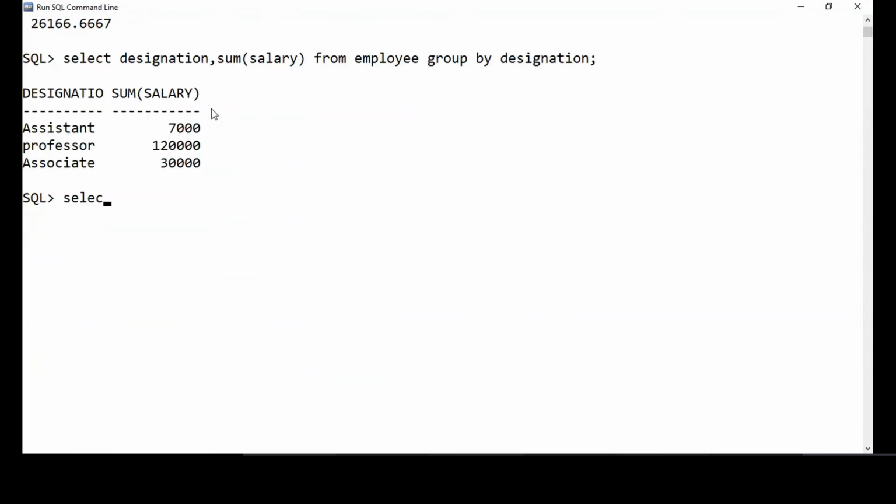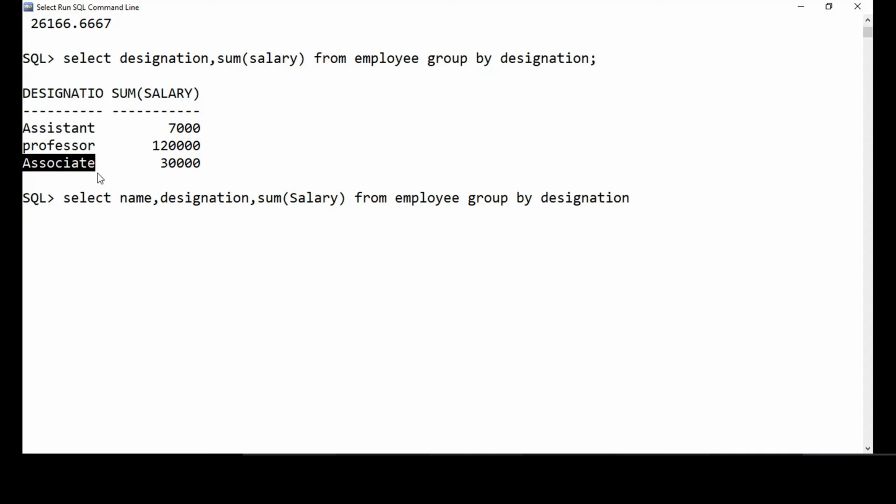If I perform this, say select name, comma, designation, comma, sum of salary from employee group by designation. See, it is silly, right? We are grouping by designation, so all associate professors can be grouped. But how can we print the name for all the associate professors when this is a single group? Will this even work?